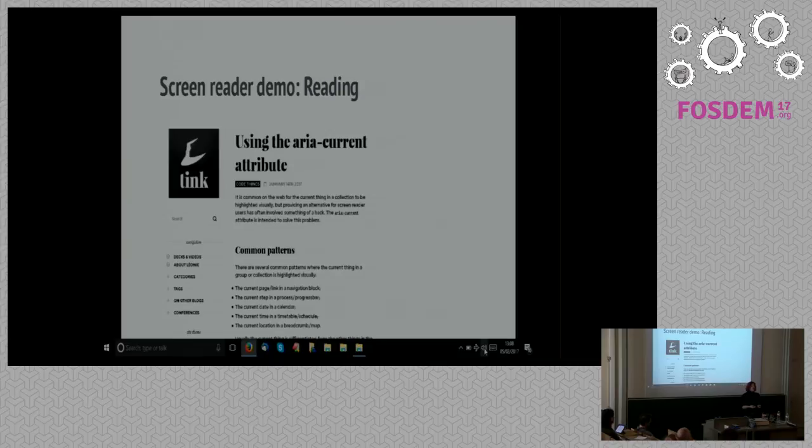Heading level 1 using the ARIA current attribute. Blank. Posted in link code things on January 14th, 2017 banner end. It is common on the web for the current thing in a collection to be highlighted visually, but providing an alternative for screen reader users has...